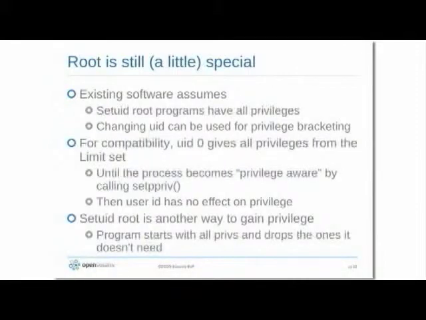And they also assume, as we talked about a little bit earlier, that changing the UID will work to cause privileges to turn on and off, that they can use the UID as a way to control privilege bracketing. And so for compatibility, what we do is arrange that UID 0 gives the process all of the privileges from its limit set. Remember I said the limit set is the upper bound of all the privileges that this process and its descendants can ever have. So you can't ever have more than that, but we can,